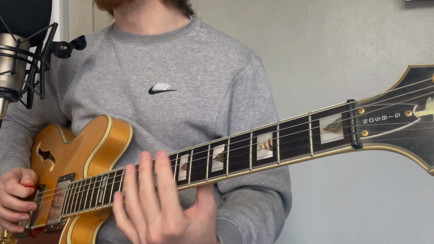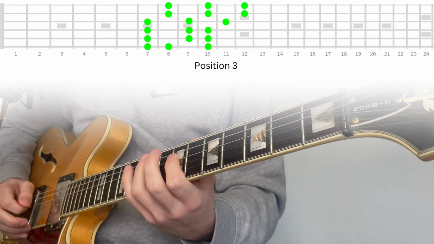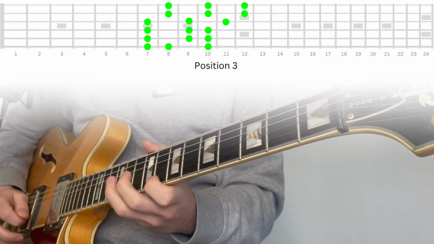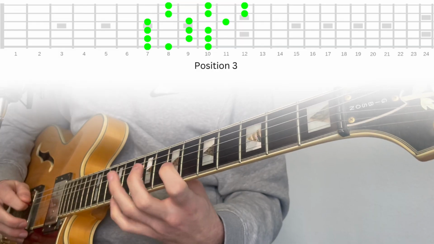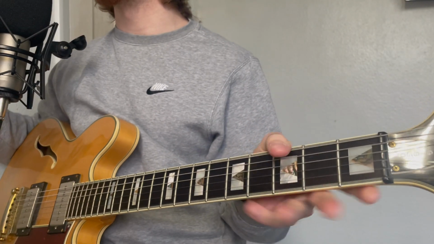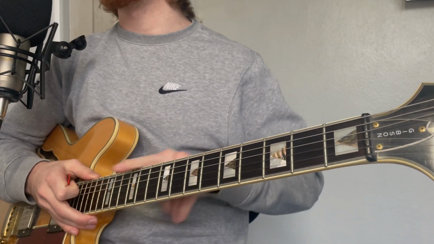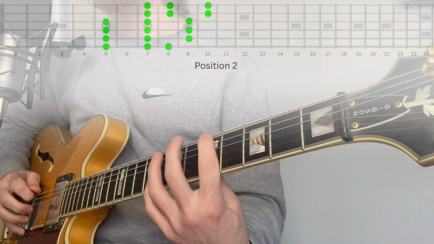So this is what we're going to do. We're going to start again from scratch with position 3. Just be slow with practicing the scale. Get to the point where you can play it without making any mistakes. Again, this is going to take some time. There's nothing wrong with that, right? But once we can do that with just position 3, we're going to combine it with position 2 again and practice that exercise, right? So we're going to go up position 2